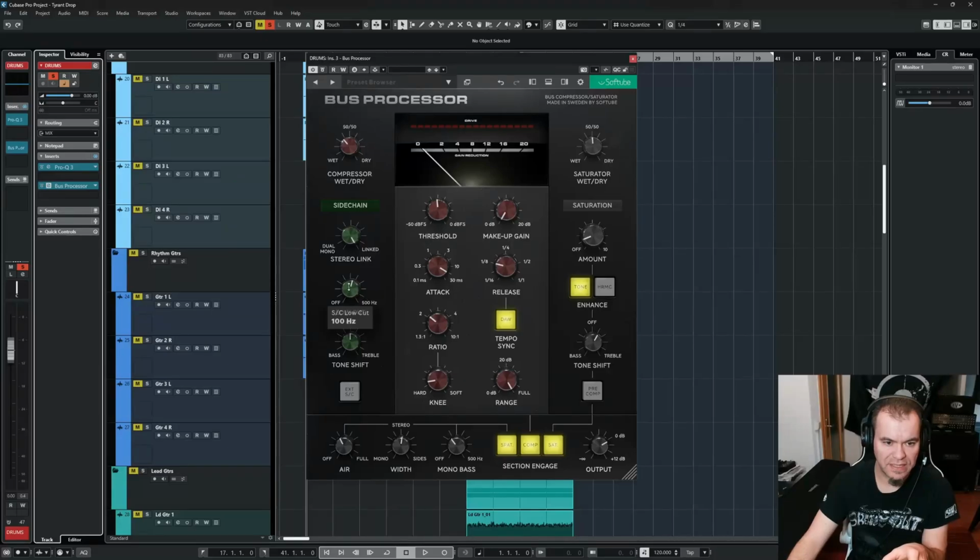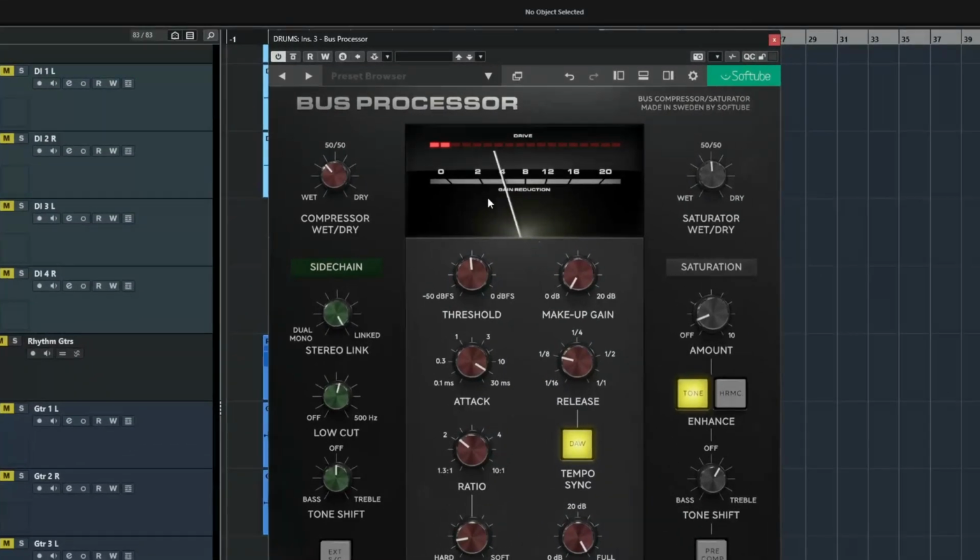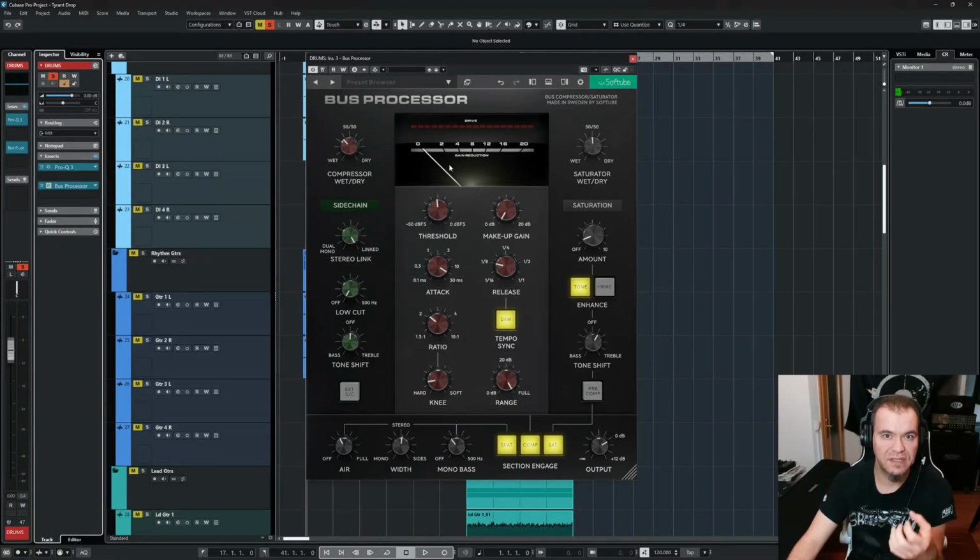And now let's talk about the Sidechain Low Cut setting here, and pay attention how the kick drum affects the gain reduction here. And now I turn this down to 0. And now you can see the kick drum heavily affects the compressor here, or let's say the very low frequencies